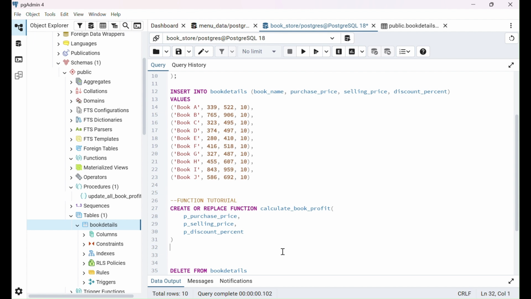Now the next thing. One more thing: we haven't mentioned what kind of value these variables will contain. They will contain numeric values only, right? So numeric. You just have this for all. I'm copy pasting it. Then RETURNS numeric, okay, as